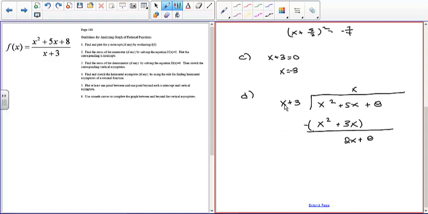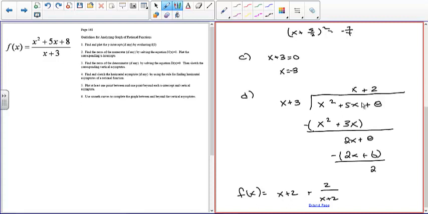Okay, what do we need to multiply x by to get 2x? The answer is 2. 2 times x is 2x. 2 times 3 is 6. Subtract those. This goes to 0. You end up with 2. So our original function is x plus 2